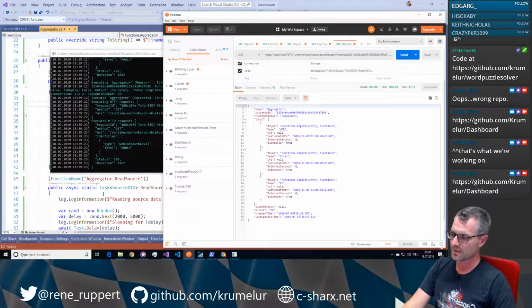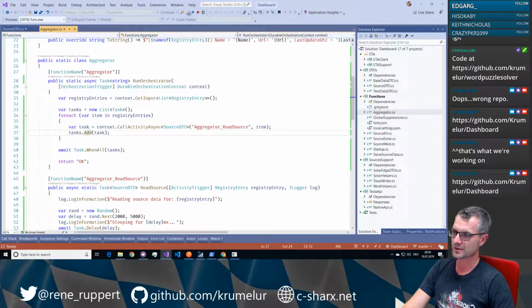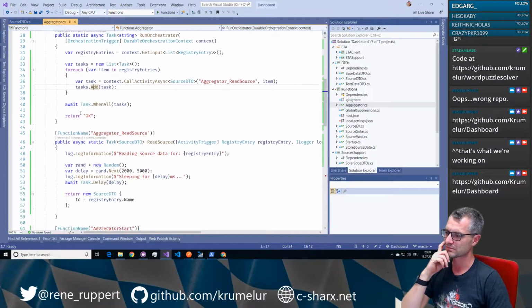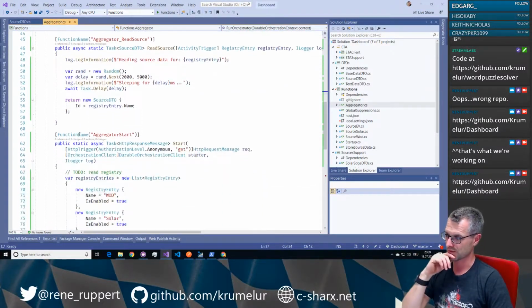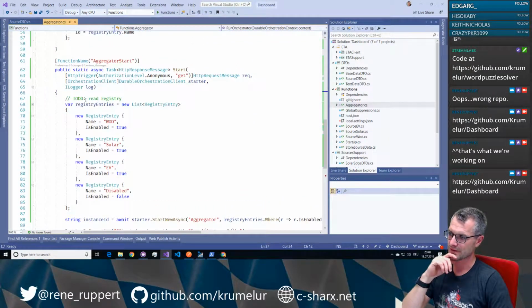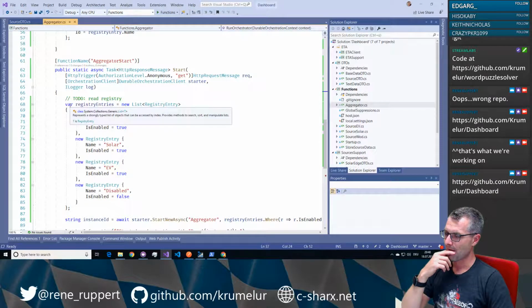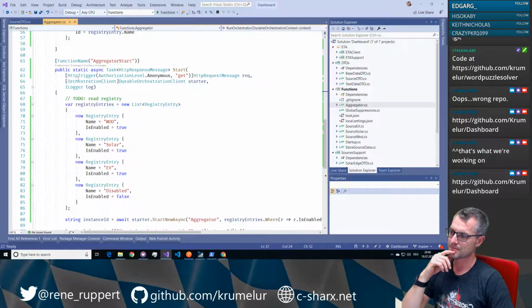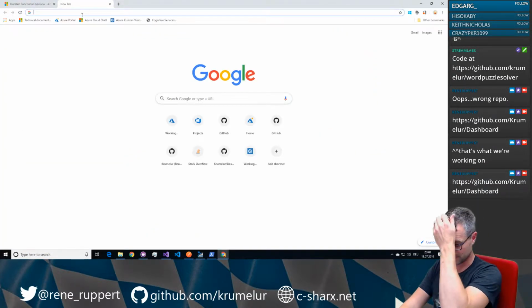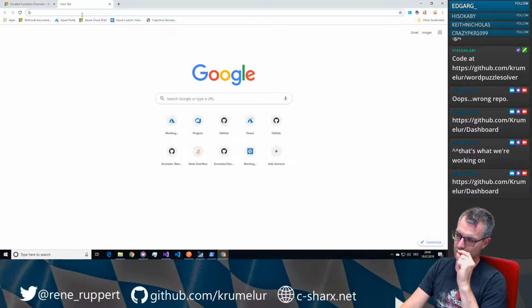Right. So with that, let's switch gears a bit here. And the other thing that I want to achieve here today, I'm actually surprised that it's running like that. The other thing that I want to achieve is to read that registry and not mock that. So how would we do that? If we look a bit around on the internet, we're gonna need a binding. So we want to bind an Azure function to a